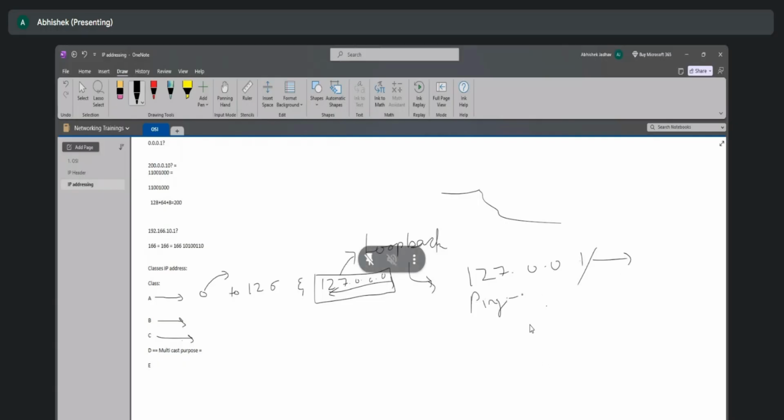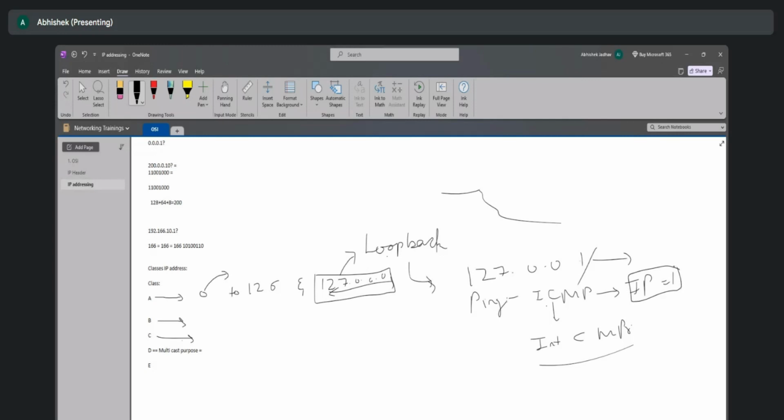Ping is nothing but you sending two or three or four or hundreds of ICMP packets, right? ICMP is nothing but Internet Control Message Protocol,